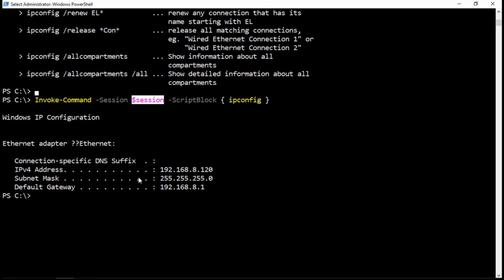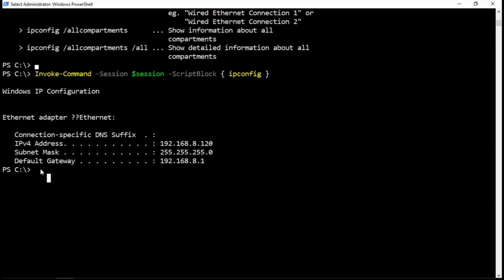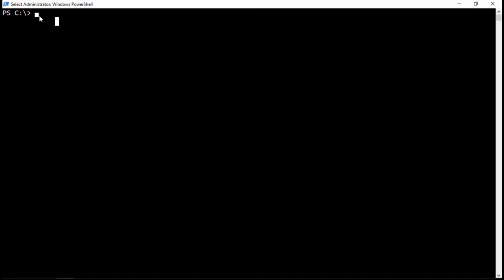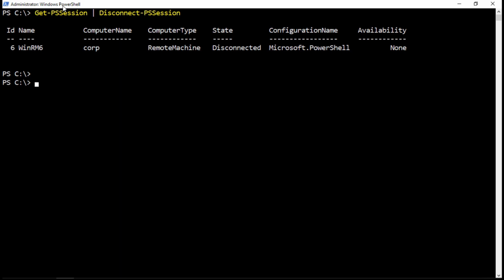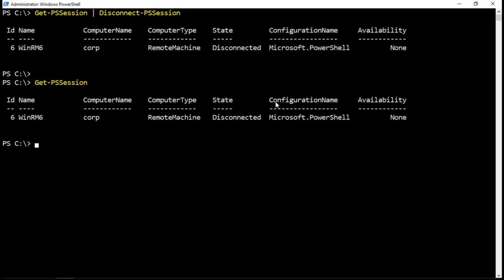Finally, you can disconnect existing sessions by using the Disconnect-PSSession command. You can clean up any sessions previously created by returning them with Get-PSSession. Let me show you that. I'm gonna clear the screen. I'm gonna say Get-PSSession pipe Disconnect-PSSession. So this session should be disconnected. Let me verify that. Get-PSSession, it is disconnected. So as you can see,